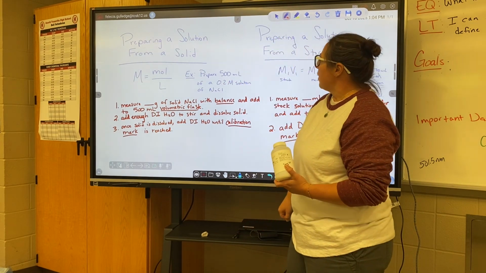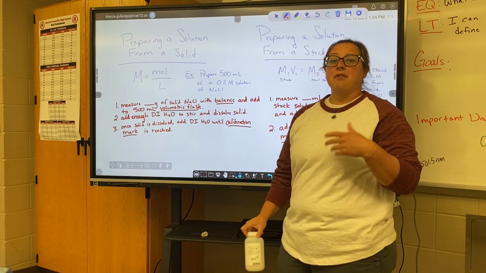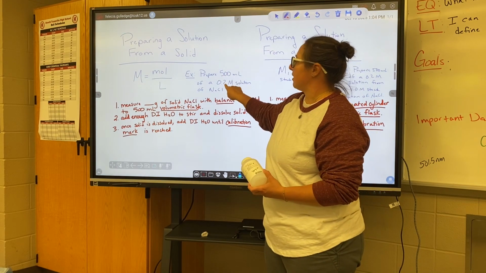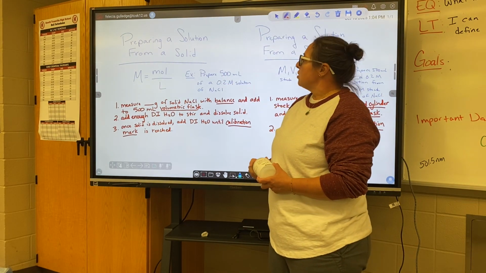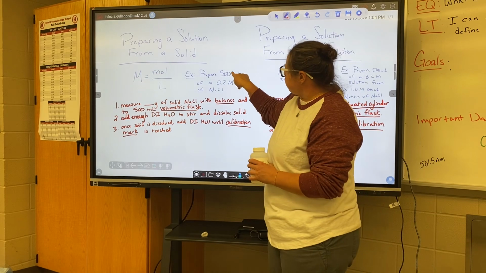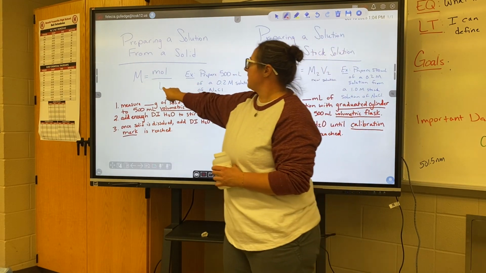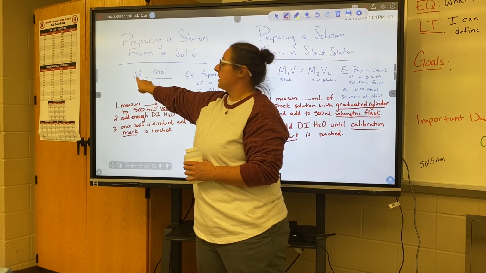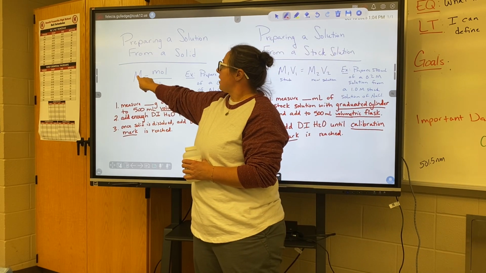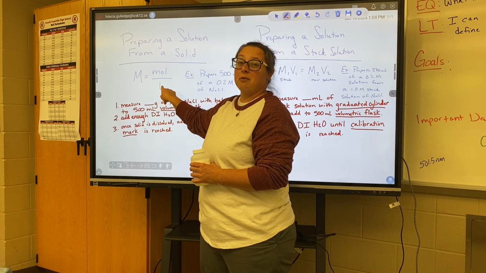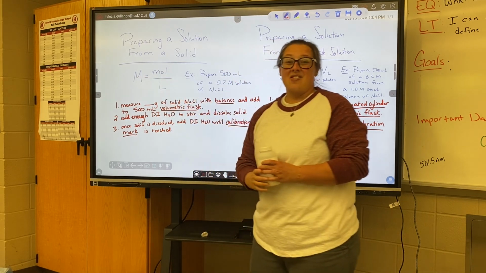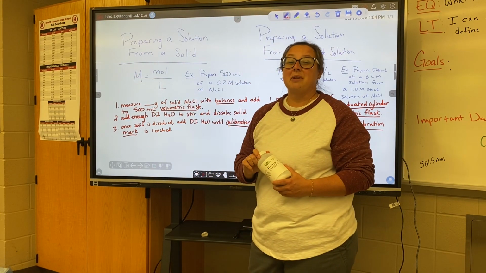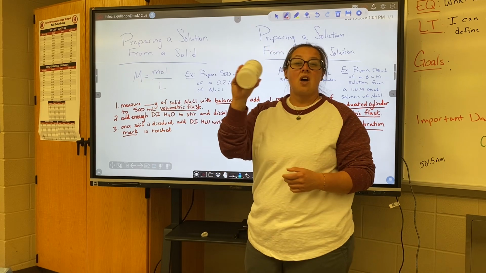solid? What I'm going to do mathematically is I'm going to have to first figure out how many grams of this is needed to make my 500 milliliter 0.2 molar solution. So the way that I do that mathematically, make sure your milliliters is in liters and plug that in there. Your molarity gets plugged into here. So if I take molarity times my volume in liters, does that make sense that that's going to give you the mole amount? So by multiplying molarity times volume in liters, that gives you how many moles of this that